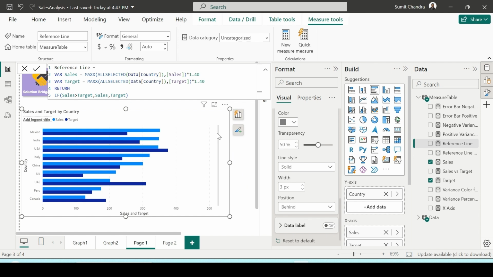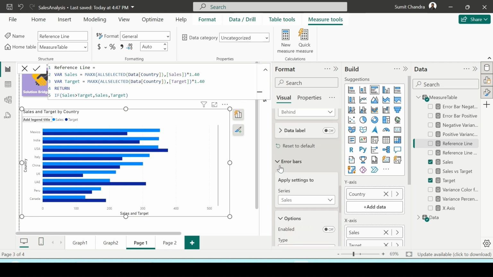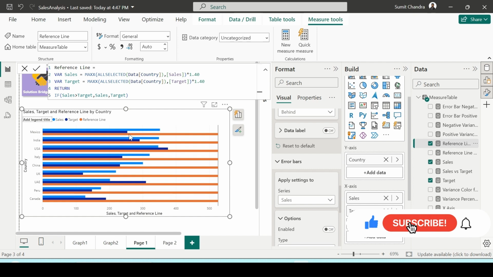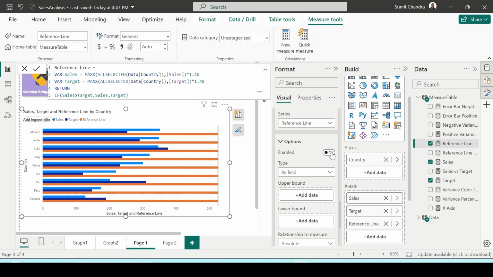In our next step, we need those horizontal lines from left to right and right to left for positive and negative variance. To achieve this, we will use error bars. But before that, we need to add our reference line measure in the x-axis. So we have another bar. Now we'll come to error bars, and in series we will select reference line. Now we need to enable this,